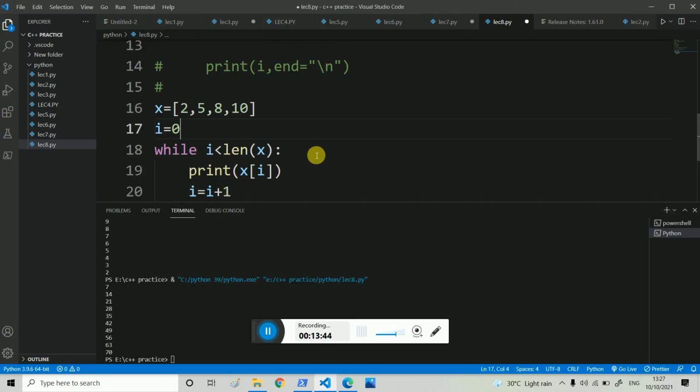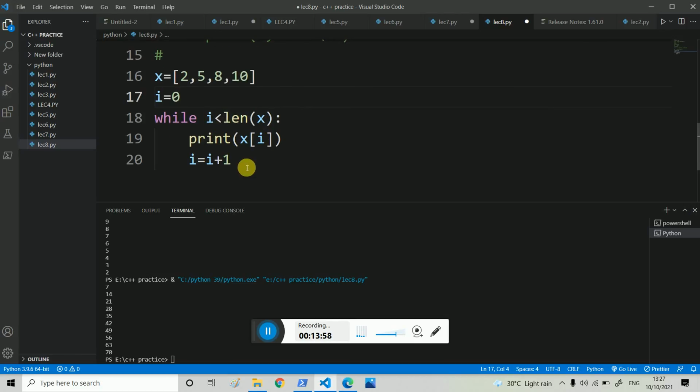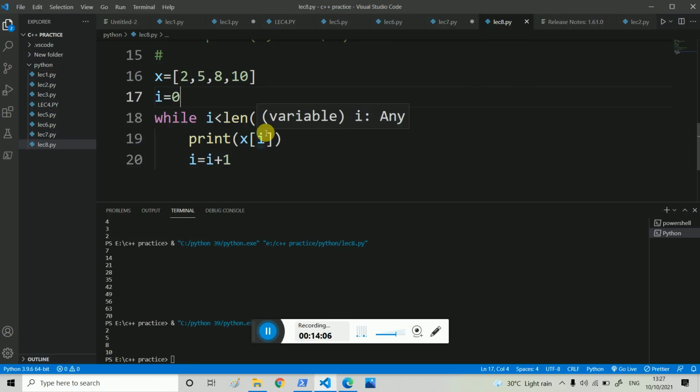So while i is less than length of x, it will print x of i. The i value goes 0, 1, 2, 3, and the length here is 4. If i is 3, which is less than 4, this will work, and if i is 4, it will come out of the loop. Let's run it. So here we get 2, 5, 8, 10. I think you understand how we can use a while loop and a for loop for the same problem also.